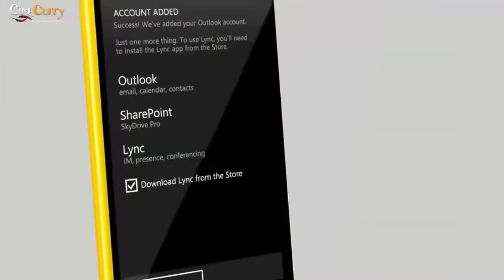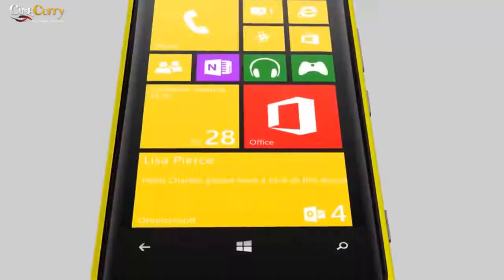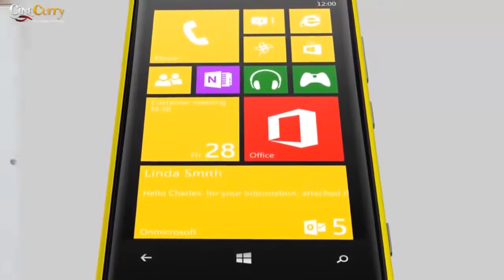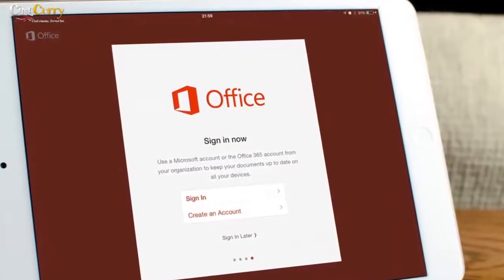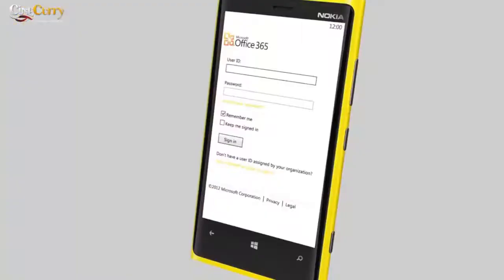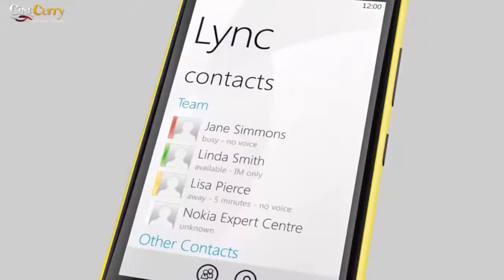If you're already heavily invested in the Microsoft ecosystem, then the company's mobile operating system is a natural next step. As apps become universal across phones, tablets, Windows computers, and the Xbox, then Windows Phone could make even more sense. Office is on the iPad now, but when the chips are down and you need instant access